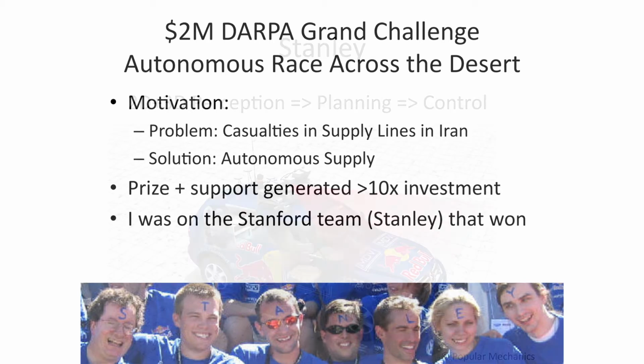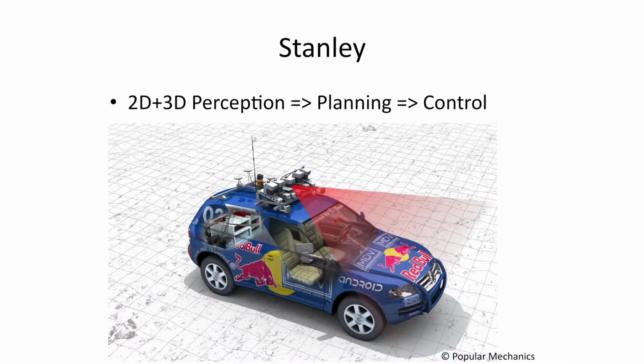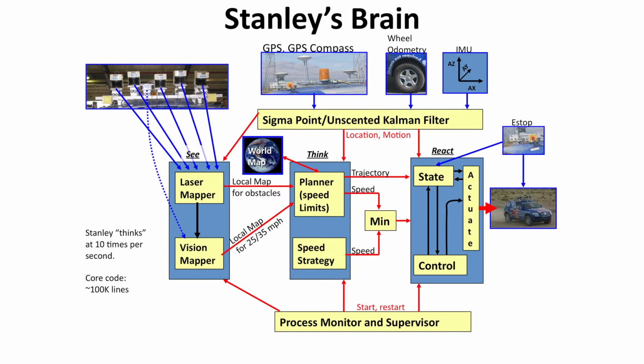So this was Stanley, the car that won the DARPA Grand Challenge that I worked on. It had the vision system, and it had all kinds of sensors, 5 lasers pointed at different angles to integrate the ground. Now we have LiDAR that's spinning Velodyne, but that wasn't invented yet. It has GPS, and let me go back. The brains were in the back, and there's one little camera up here, and it had a GPS and GPS compass, and